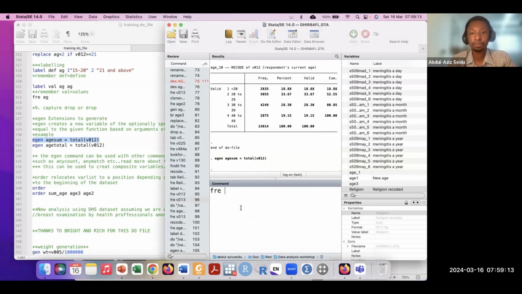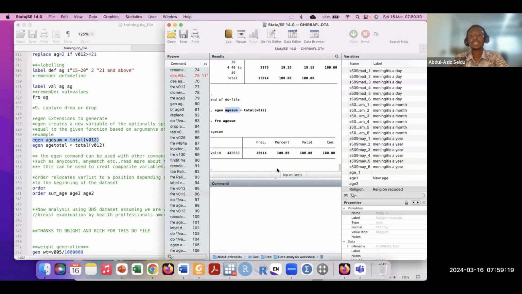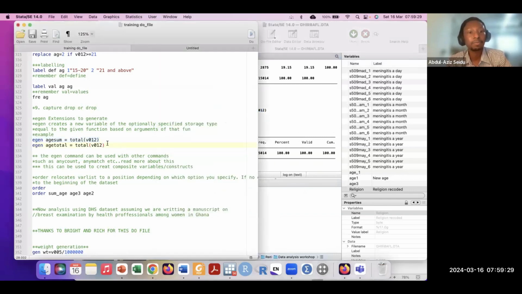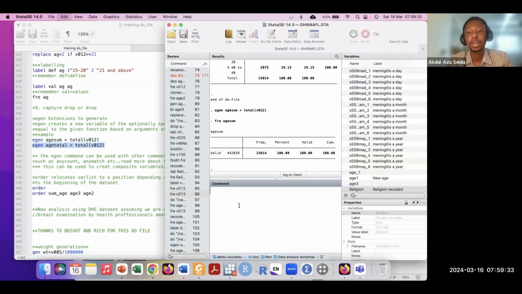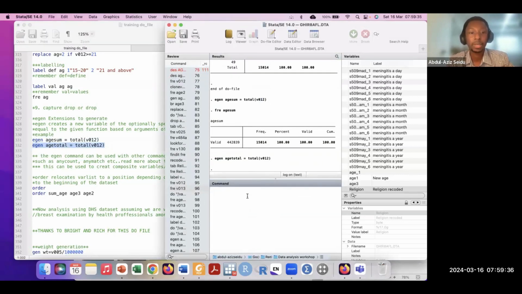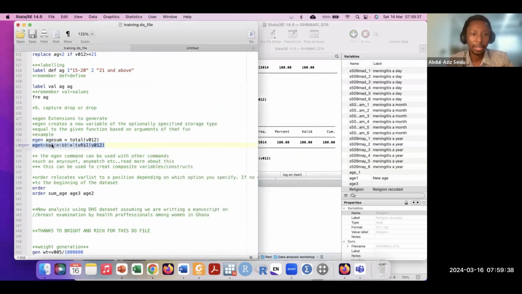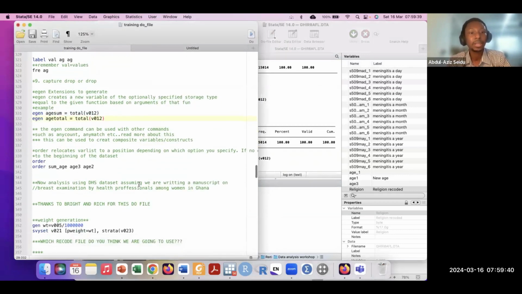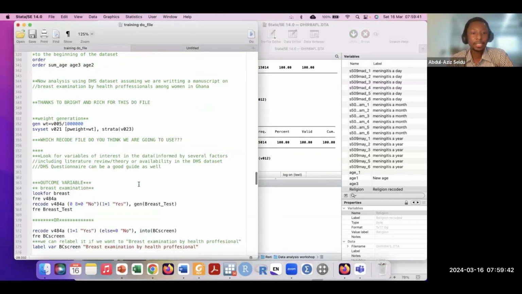So free the age_sum. So you see that it has summarized all the ages within the data set for me using the age variable. So we have a summary or the total of the age variable. And then we can also egen is the same way, which will give us that. Okay, so